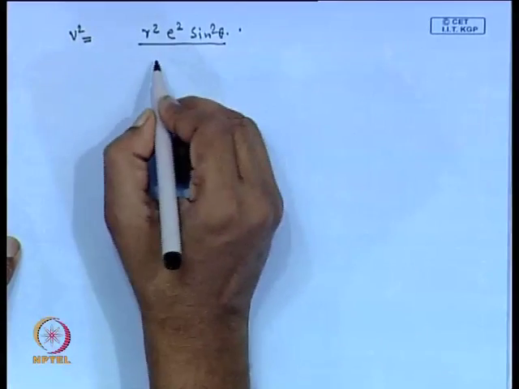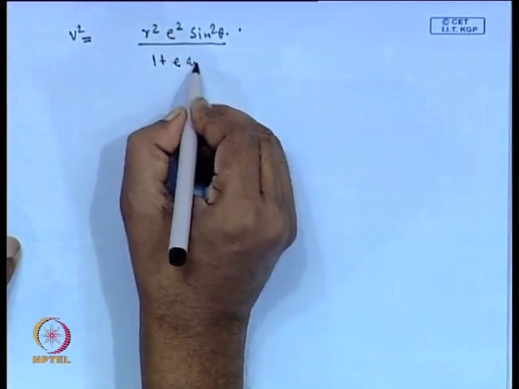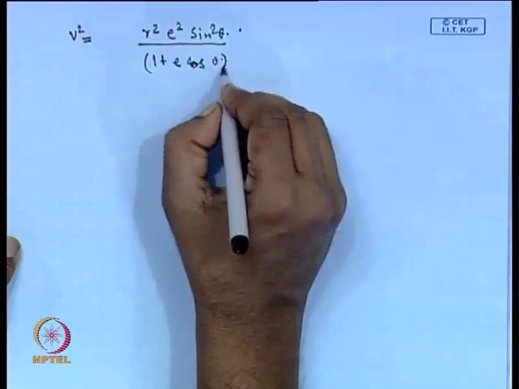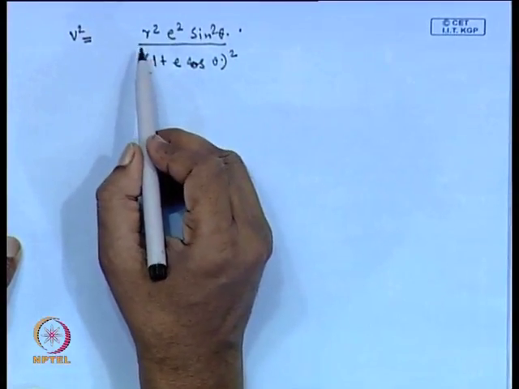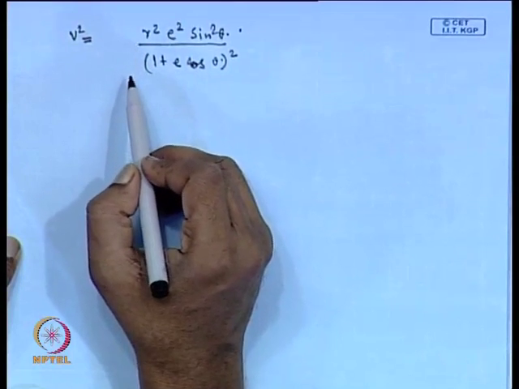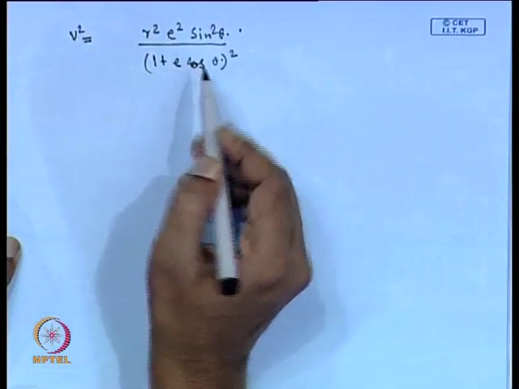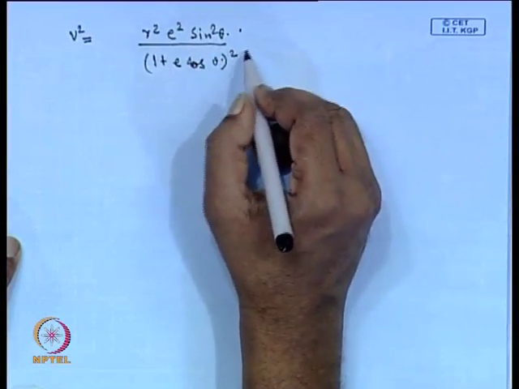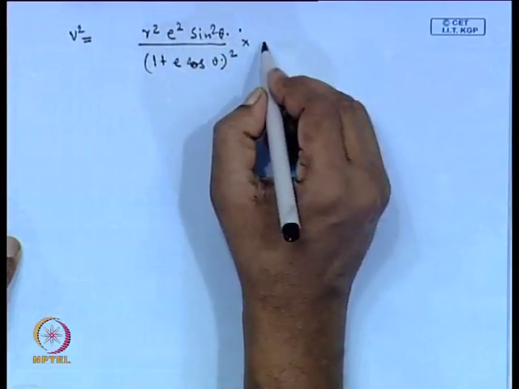Also we need to replace by (1 plus E cos theta) whole square. So, here we have replaced L by (1 plus E cos theta) whole square by r. Okay. So, we are left with this quantity and then the theta dot is there, which is nothing